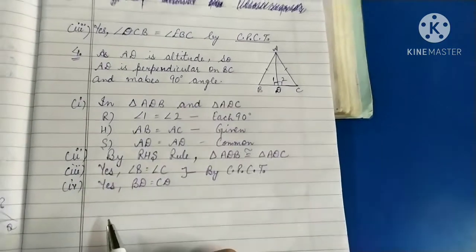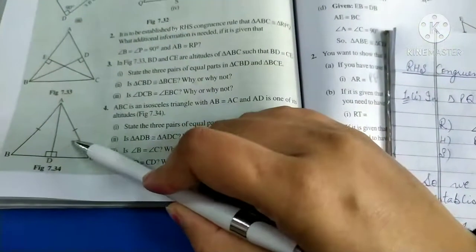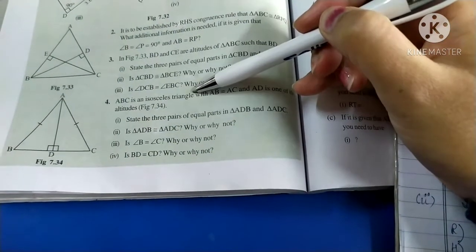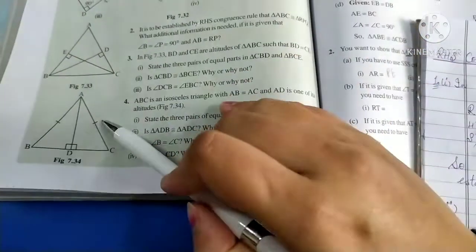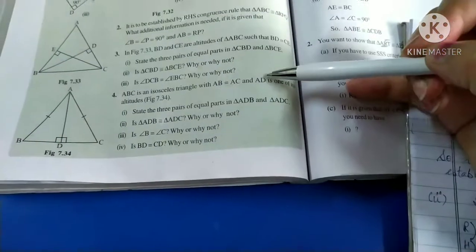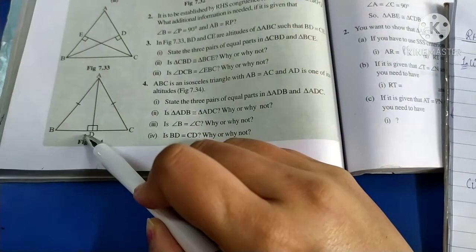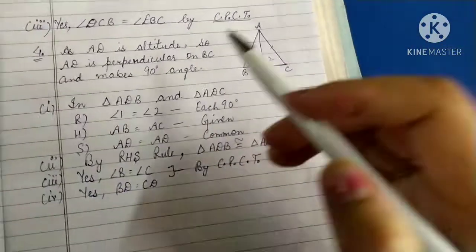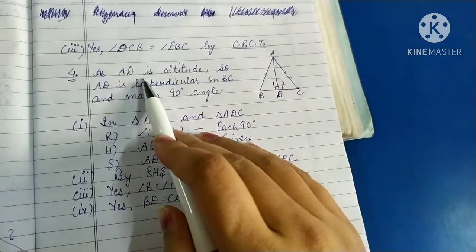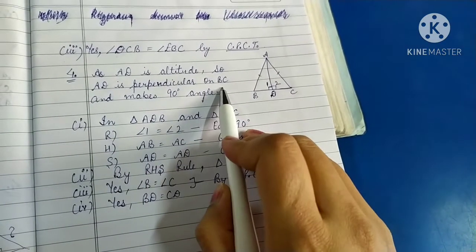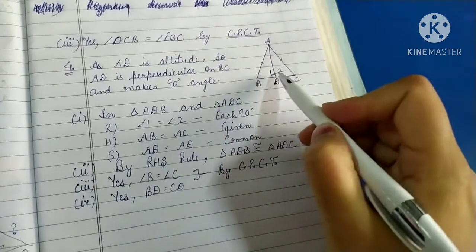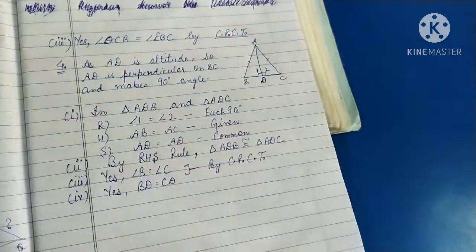Similar is the given question 4. You can see the statement here. This is question 4. This is the figure. ABC is an isosceles triangle with AB equal to BC. So this part is already given to you. And AD is one of its altitudes. Again an altitude, it means it is making a 90 degree angle here. So let us see the third part, how we take. I've written here, as AD is altitude, so AD is perpendicular to BC, it makes a 90-degree angle. So it means angle 1 and 2 both are of 90 degrees.